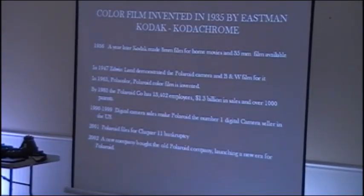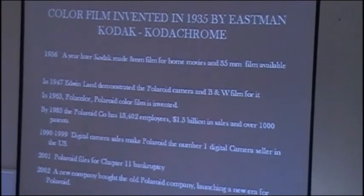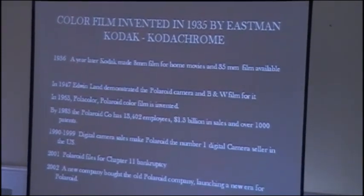Color film was invented in 1935 by Eastman. It was Kodachrome, which means slide film. 1936, a year later, Kodak made 8mm film for home movies and 35mm film available. 1947, Edwin Land demonstrated the Polaroid camera and black and white film for it. Incidentally, Dr. Land